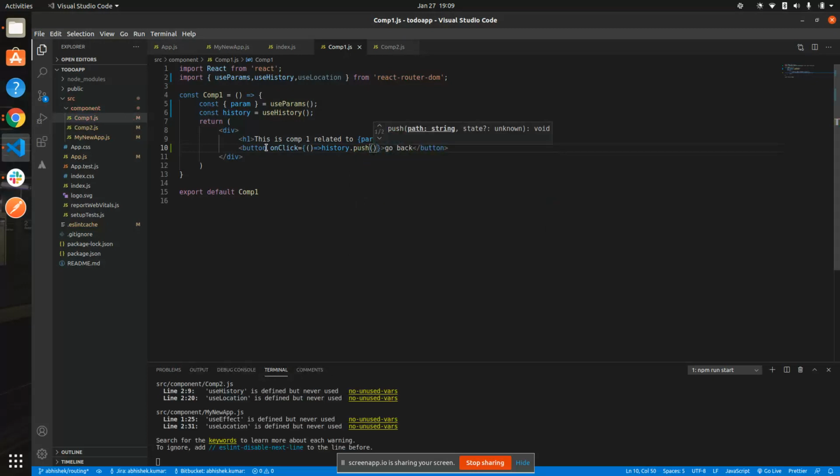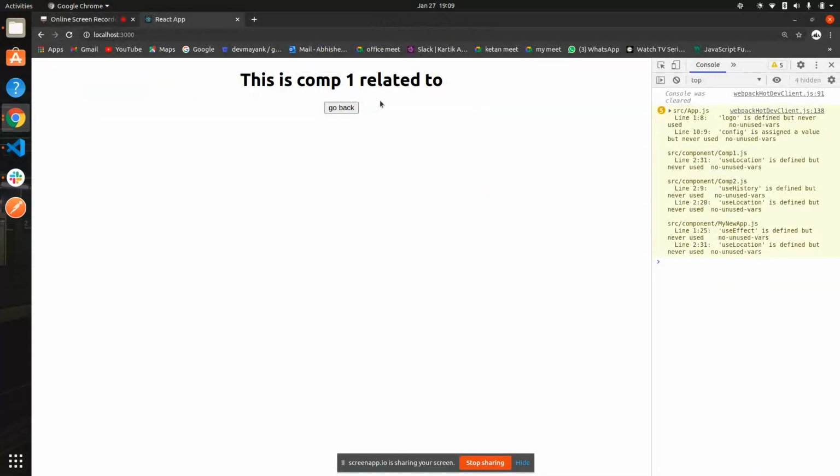I will tell you later about which route, calculator slash something. So this is the param value, so we can type anything we want. If you know about useParams, then it's good, and if you don't, you can check out my video on useParams, how we're going to use that. I already told you in the last video, so you can check out that video and come back later. And you can see the go back button is over here,